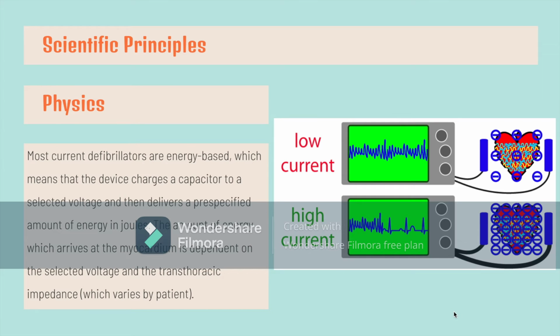So next would then be physics. So most current defibrillators are energy based, which means that the device charges a capacitor to a selected voltage and then delivers a pre-specified amount of energy in joules. The amount of energy which arrives at the myocardium is dependent on the selected voltage and the transthoracic impedance, which